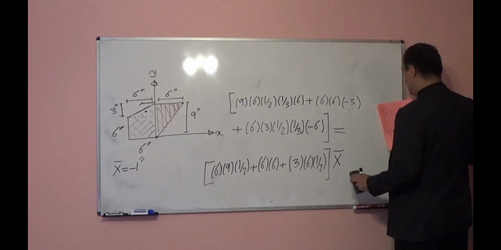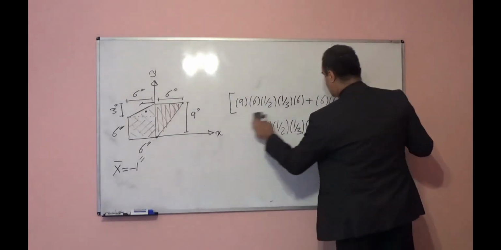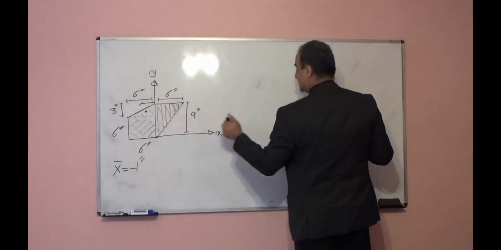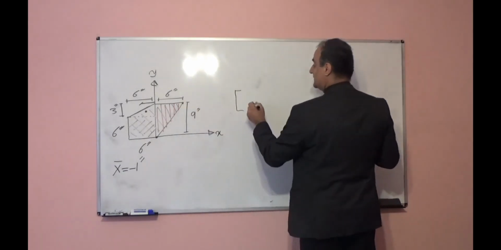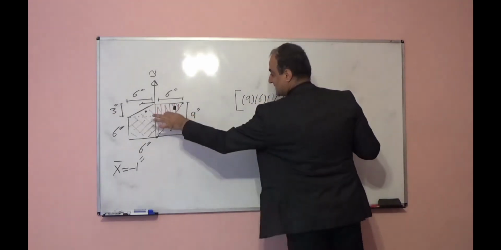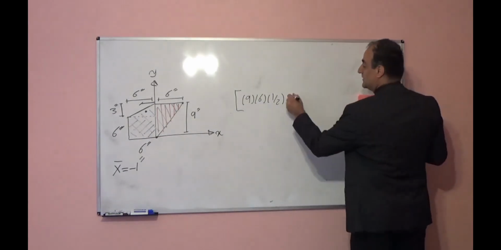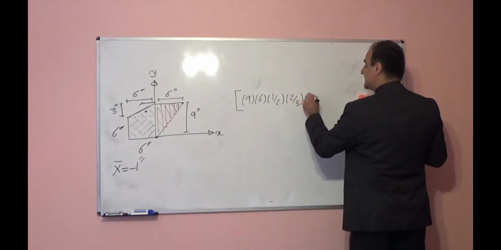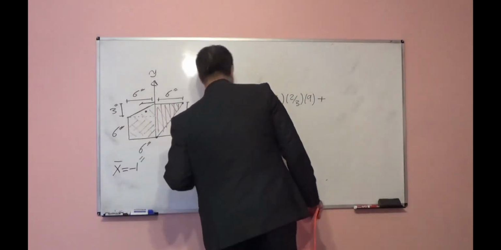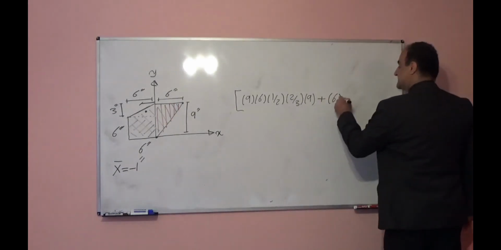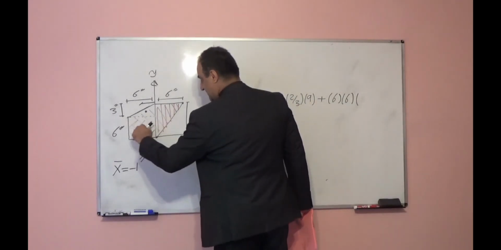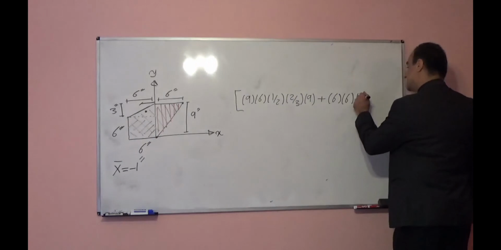Let's look at y bar. For y bar, I will take the moment of area with respect to the x-axis. For triangle number 1, it will be area 9 times 6 times half, times the distance of the centroid up to x, which is 2/3 times 9, plus, for this square shape, 6 times 6 times the distance of the centroid of this square up to x, which is 3,